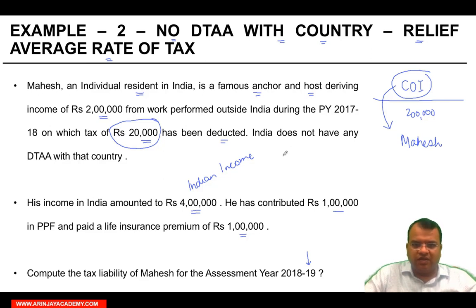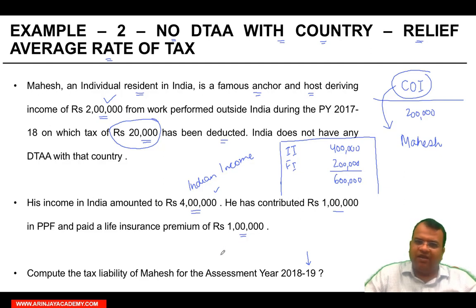So he has received, let's try and do the question to the extent possible here itself. So his Indian income is 4 lakh. His foreign income is 2 lakh. 2 lakh here, 4 lakh here. The total income he's got is 6 lakh. To compute the taxes, we need to know what is his income. How will you calculate this income? This income will be total income